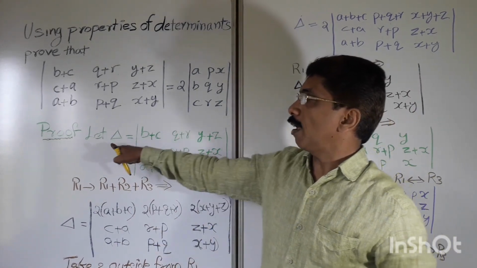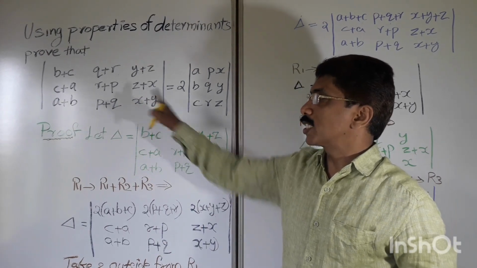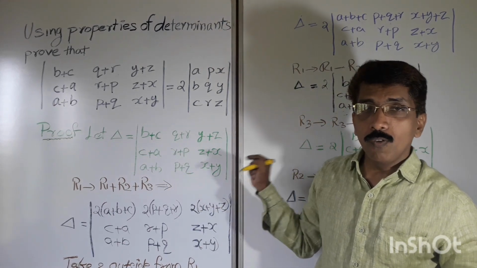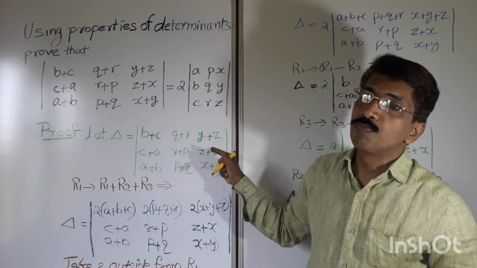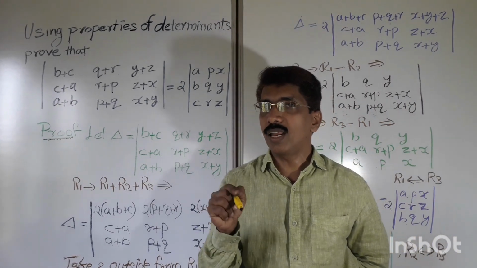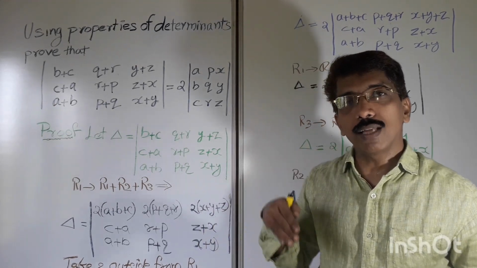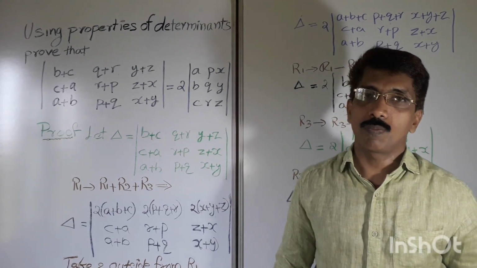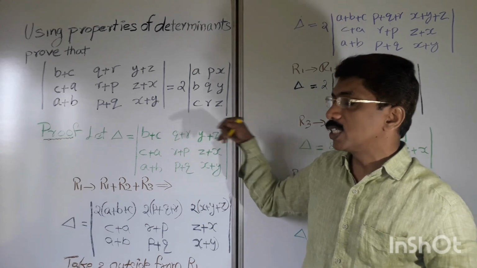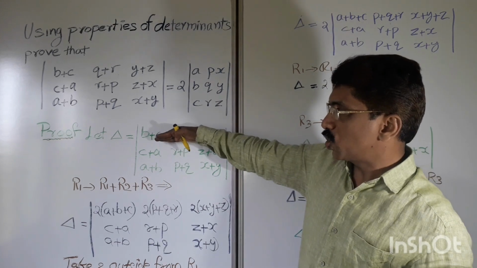Now look here. Let me take delta as the LHS of this part. This problem, the LHS part I have taken. LHS delta equals this one I have written. Now if you listen properly, one property of determinants we studied: with one row, if you add multiples of other rows, the value of the determinant will not change. With one row you can add the multiple of other rows, so the value of the determinant will not change. One row you can change like that. So the first row I am changing here.